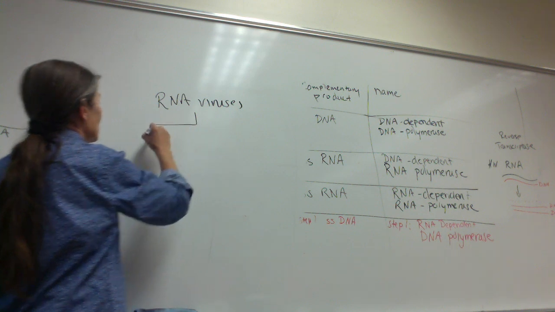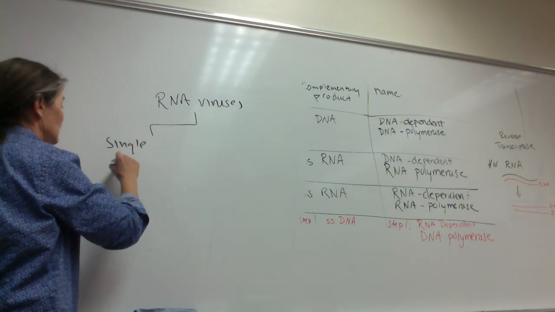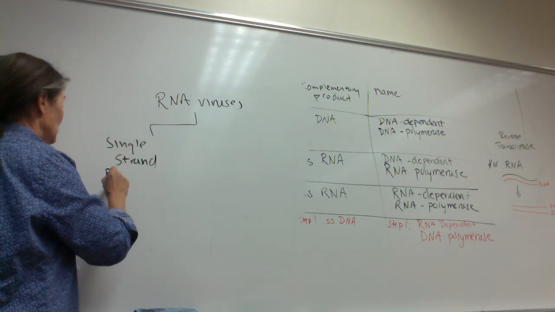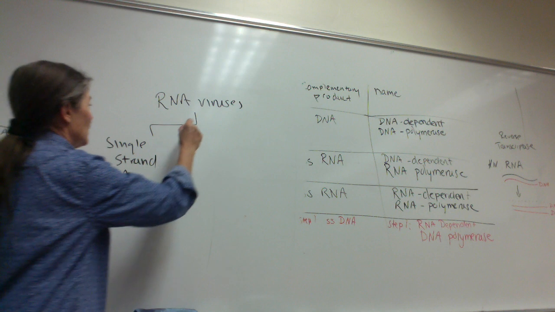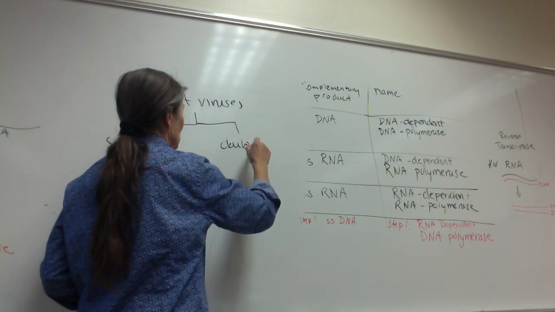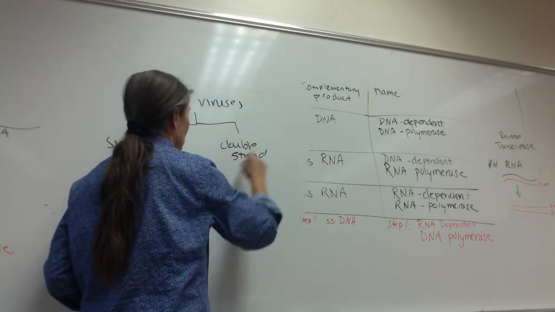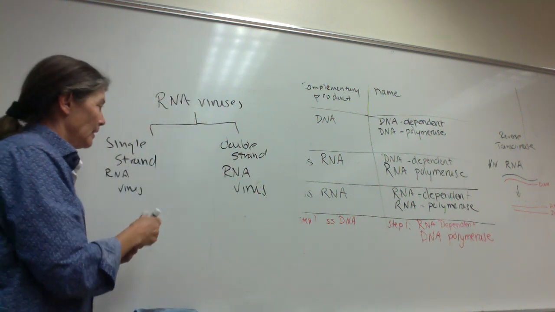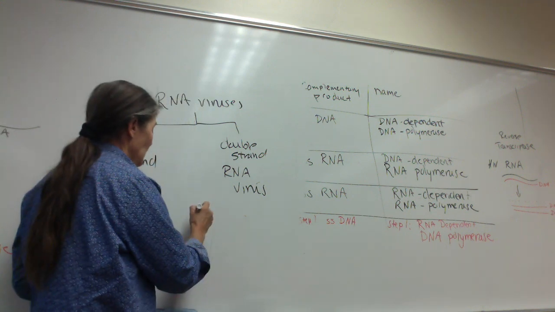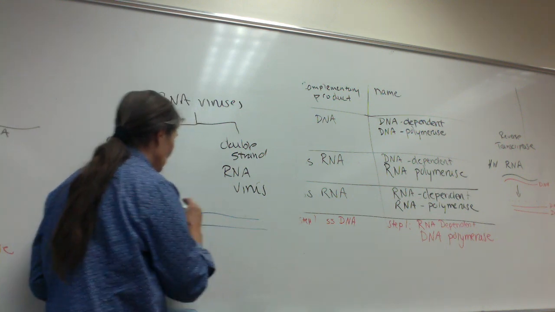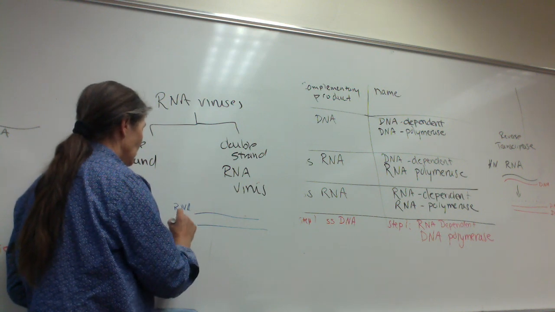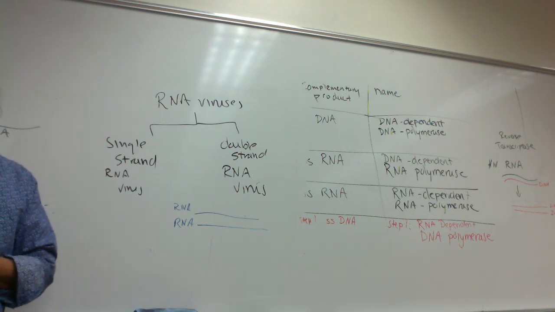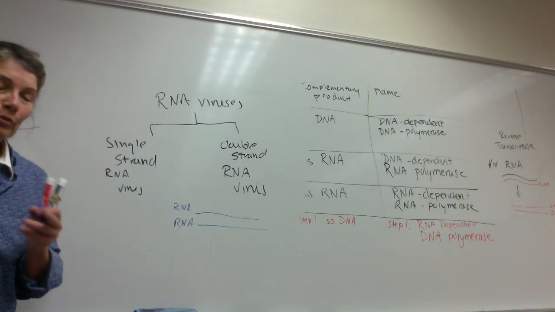you can have single-strand RNA virus. So they only have one strand of RNA. And then you can have double-stranded RNA viruses. And it's like, well, what's the point? Well, let's take a look at a double-strand RNA virus. Because it turns out, this is an RNA strand, and this is an RNA strand. It turns out there's two different types of single-strand RNA, and what I want you to remember is